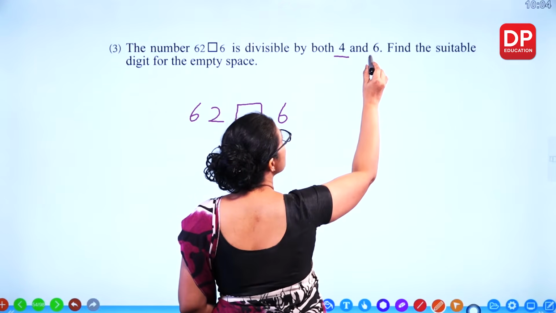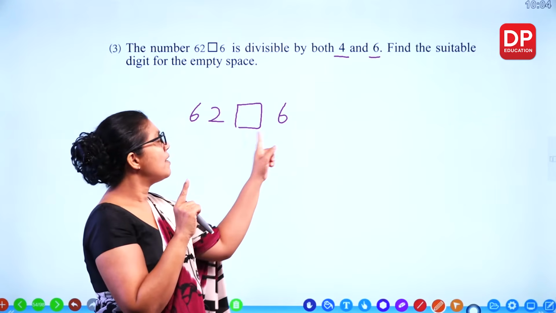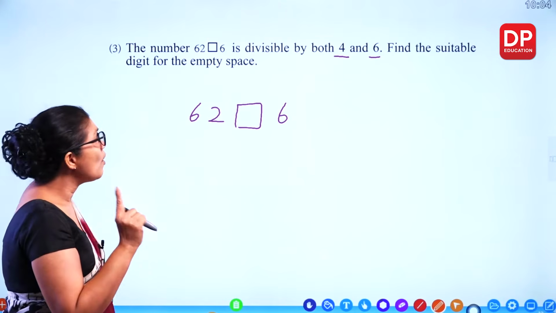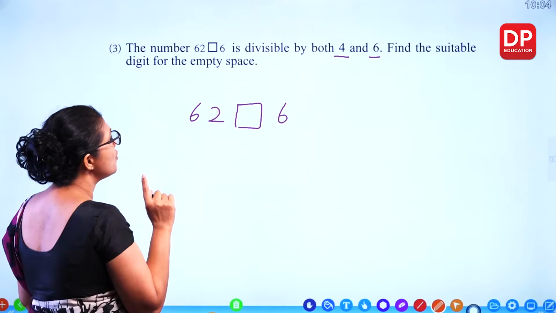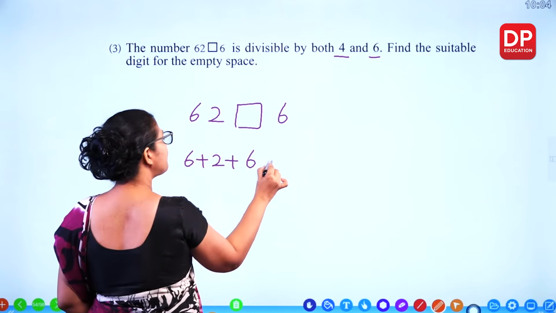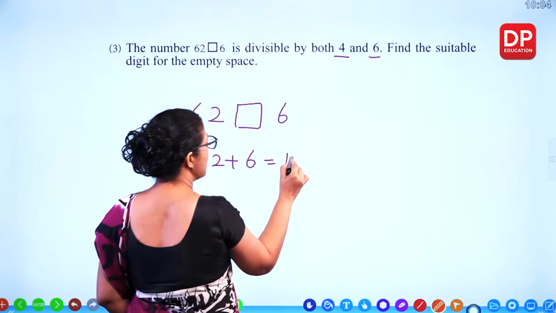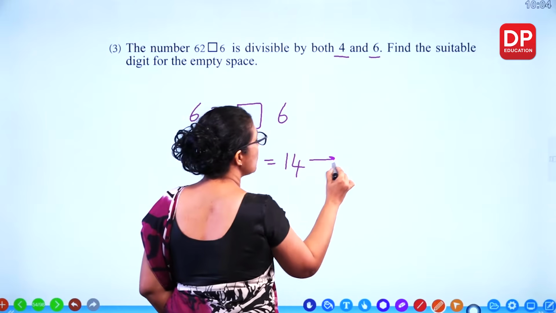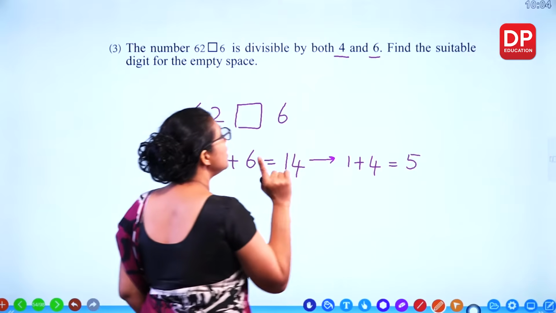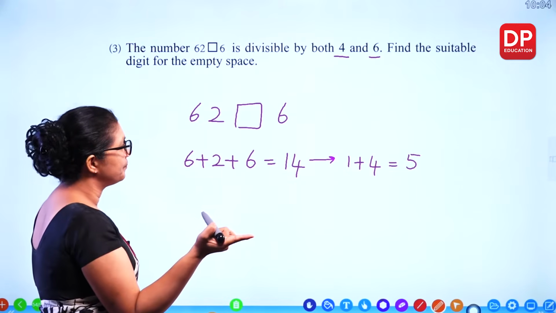Divisible by 6 means this should be an even number and the digital root should be 3, 6, or 9. Now it's easy to first find the digital root here. 6 plus 2 plus 6 is 14, 14 plus 2, 14 means 1 plus 4. You get 5. You need to get digital root 6